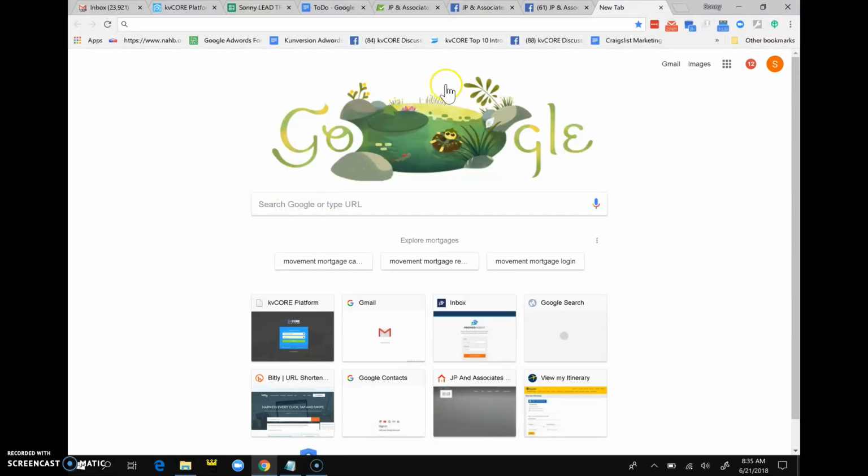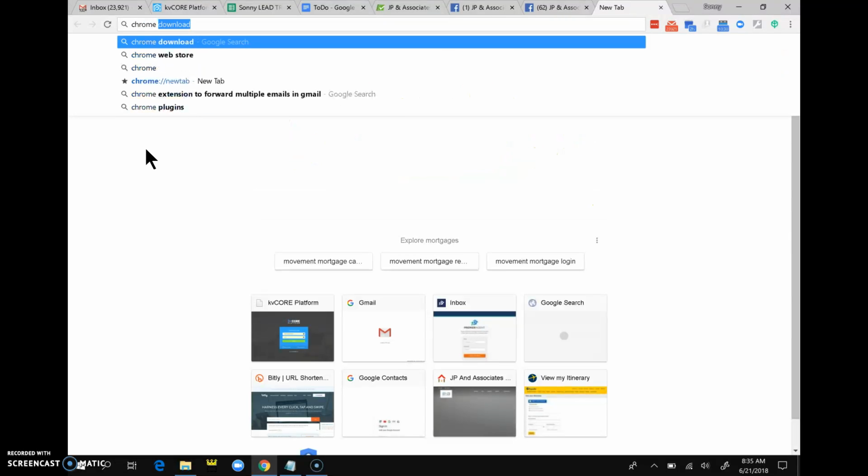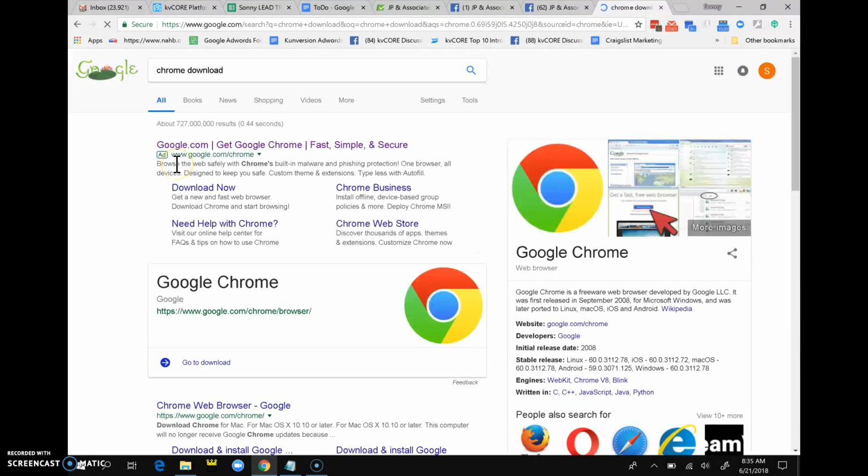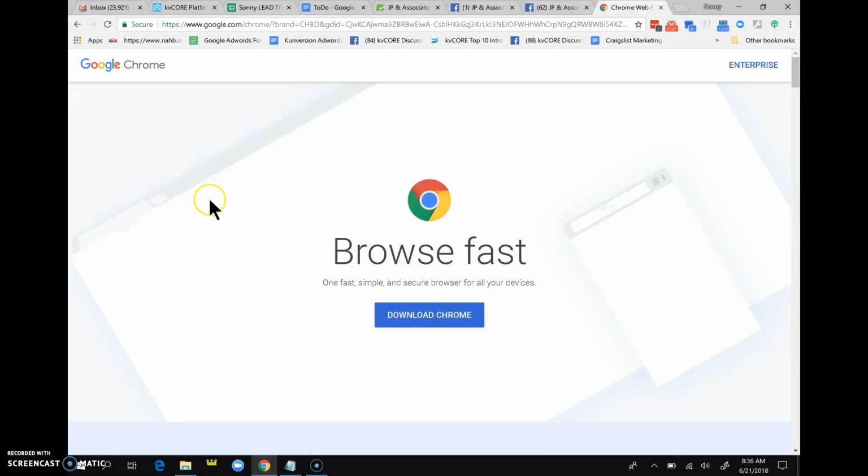So here we go. Go to Google and in the search, first thing, if you do not have Chrome browser, then I would recommend downloading Chrome. Just simply type in Chrome, download. And then the second link there says download now. And then you can download Chrome and then install it. And once Chrome is installed, you're going to want to go back, open up Chrome, go into Google again,